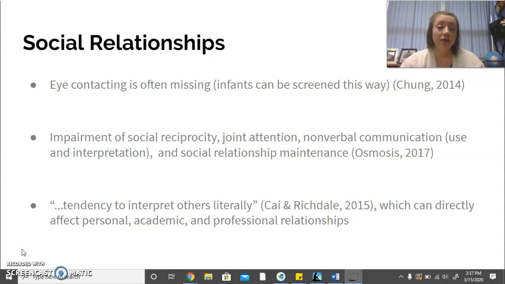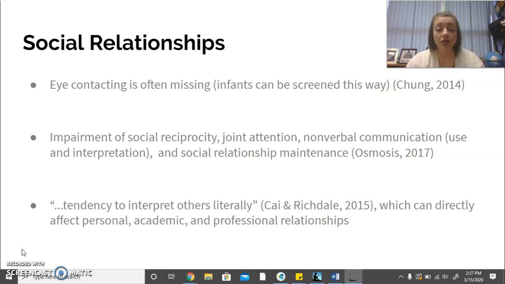We learned in one of the videos in this module that infants and babies can be tested for a likelihood for autism spectrum disorder based on whether or not their eyes can track eye contact of adults who are speaking with them. They put the infant in front of a screen where another adult is speaking with them, and a computer electronically tracks the movement of their eyes. If the baby searches for and finds the eyes of the person on the screen, they are considered not to be at risk for autism spectrum disorder. However, if they can't track those eyes and they're looking at other places, that is an early sign